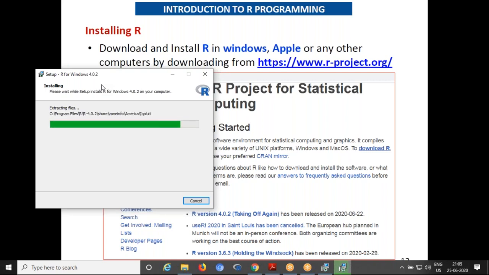Similarly, we have one integrated development environment, IDE, version of R, which is called R Studio. It is also an open source software which runs the R environment in R Studio. It is an integrated development environment, that is IDE, with a graphical user interface.